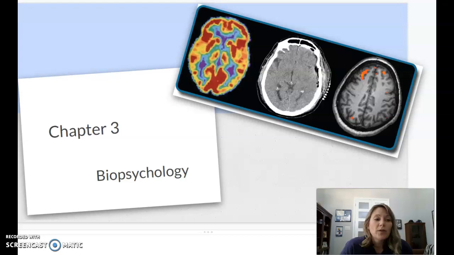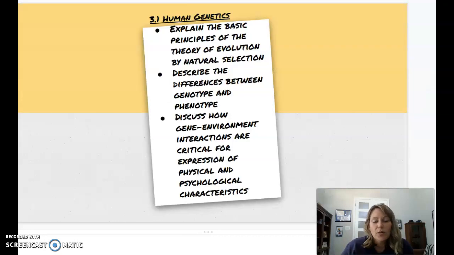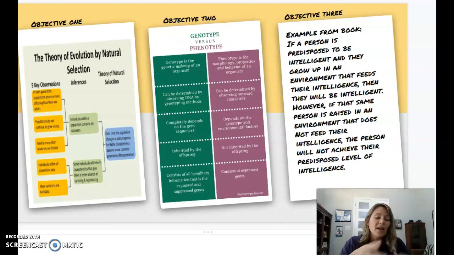In this section, we're going to discuss our 3 learning objectives, which are: explain the basic principles of the theory of evolution by natural selection, describe the differences between genotype and phenotype, and discuss how gene-environment interactions are critical for expression of physical and psychological characteristics. That's the one we're really going to talk about, because for the other 2, I have these